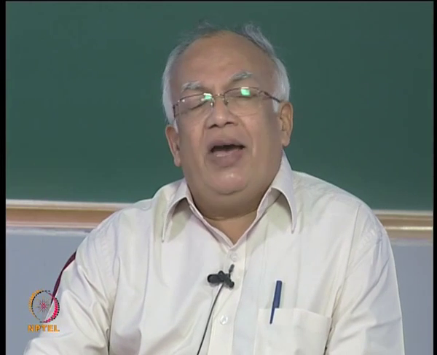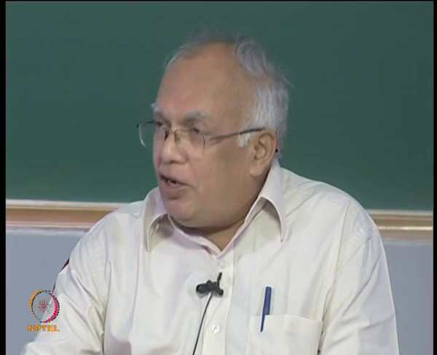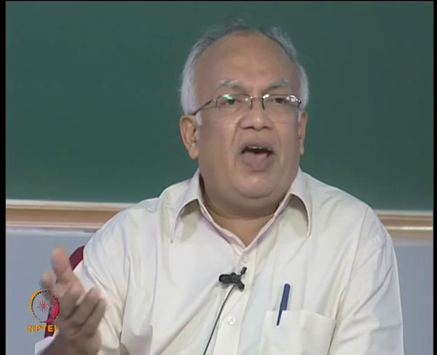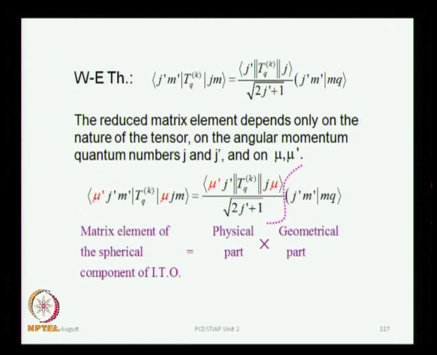So you will find some books in which this root 2 j prime plus 1 is not written, whereas in some books you will find that it is written, and it is just a matter of some convenience. You can always factor it out, and the essential ingredient of the Wigner-Eckart theorem is the factorization of the matrix element into a physical part and a geometrical part. So it has got very important applications,